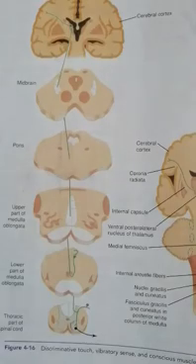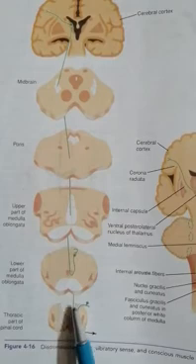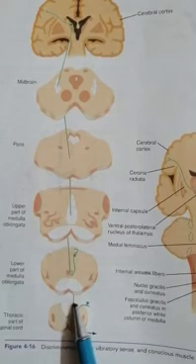So welcome again. Now the important tract that is remaining among the ascending tracts is the fasciculus gracilis and the fasciculus cuneatus. Why is this called the fasciculus? Because it is present in the white matter of the spinal cord. Here you can see this tract is going to start from the nucleus cuneatus and nucleus gracilis in the white